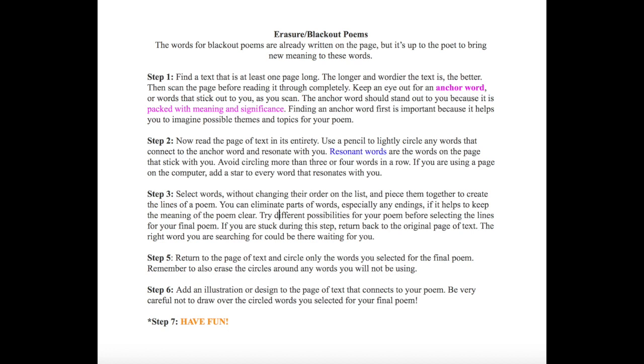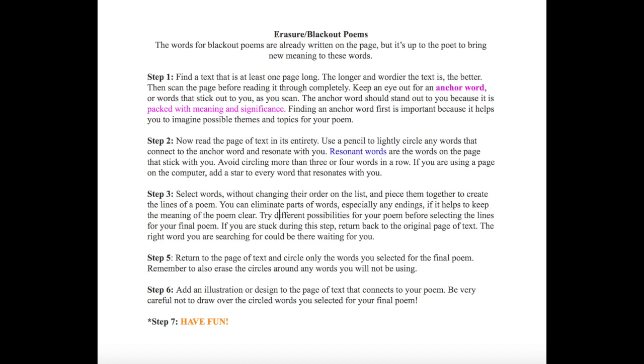Keep an eye out for an anchor word or words that stick out to you as you scan. The anchor word should stand out to you because it is packed with meaning and significance. Finding an anchor word first is important because it helps you to imagine possible themes and topics for your poem.